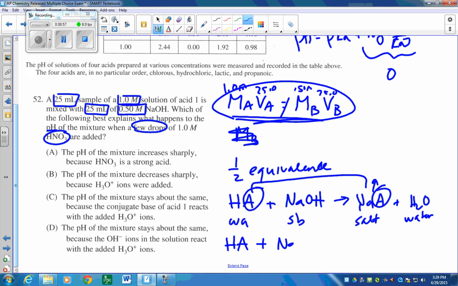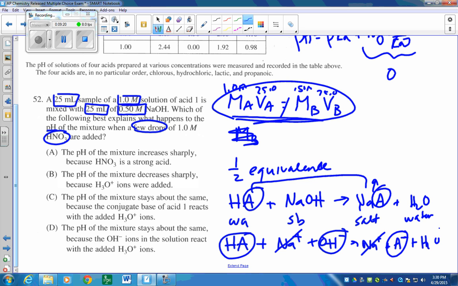So this dissociates into Na+ OH-, and then this dissociates into Na+ A-, and this we leave alone. And so the net ionic equation says you have a weak acid and a strong base, and you make, this is actually the conjugate base of a weak acid and then water. And so first thing, what happens when you put a few drops of